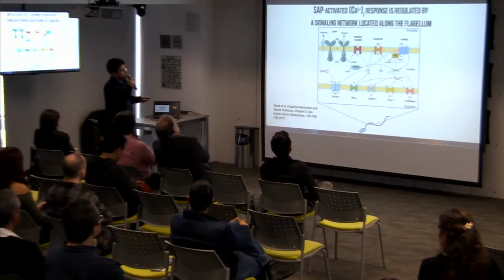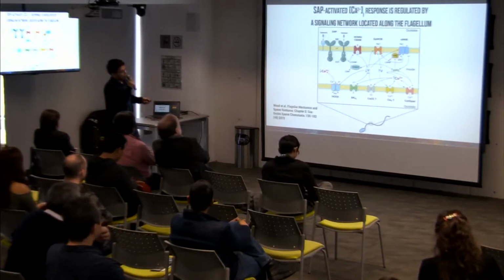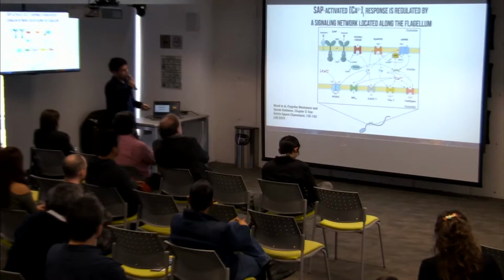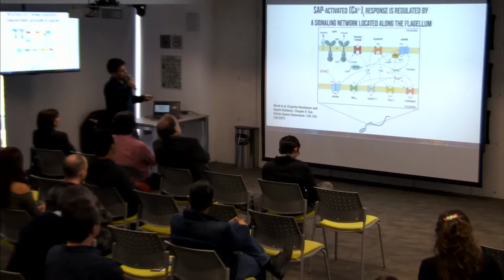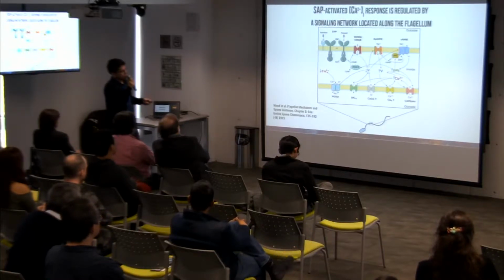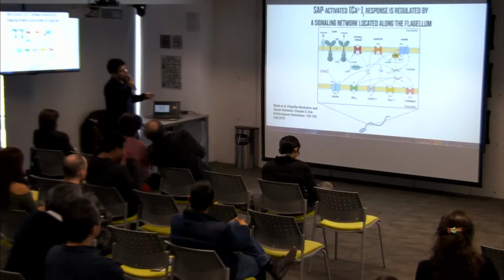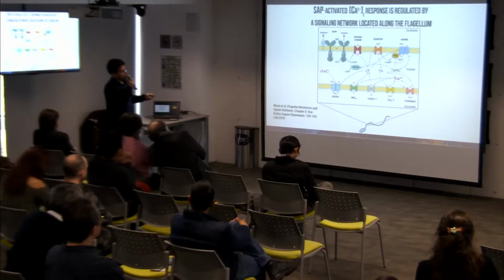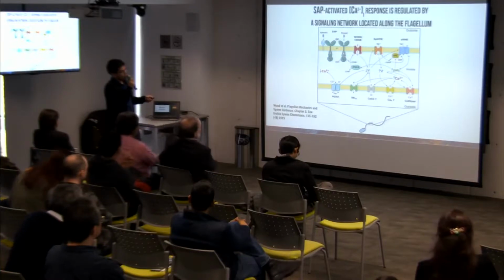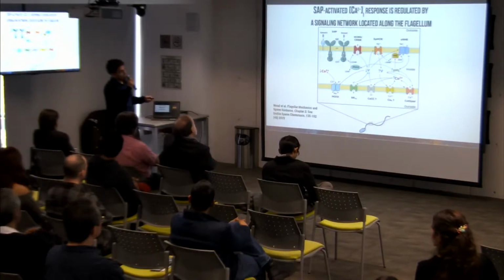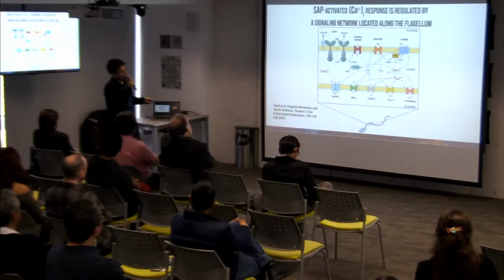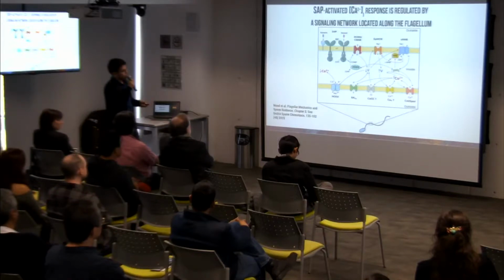So this is a lack of the flagellum, and this is mainly controlled by a set of ion channels, which are controlling the voltage. The SAP peptide is binding to a receptor, which itself has a guanylate cyclase activity. There are also some pH changes. There's an intertwined set of molecular events, which in the end will control these calcium spikes.